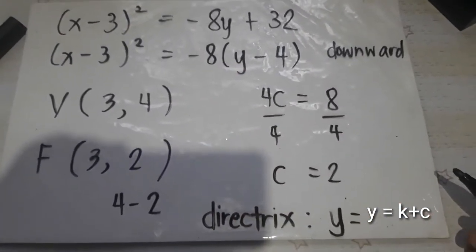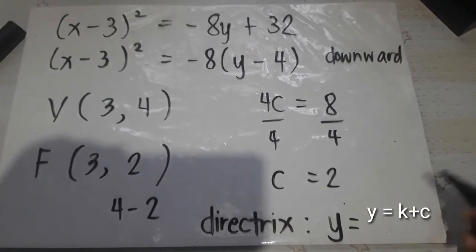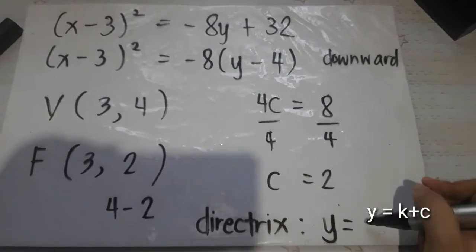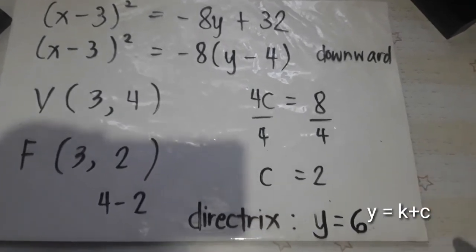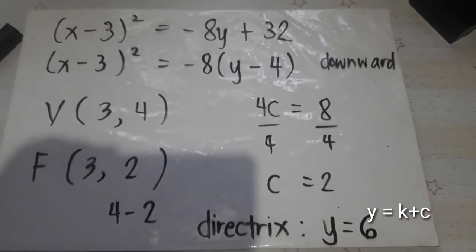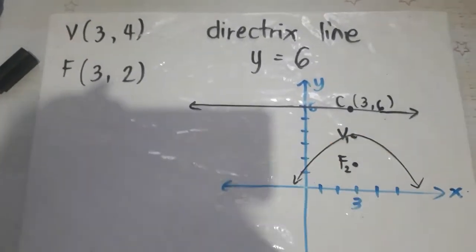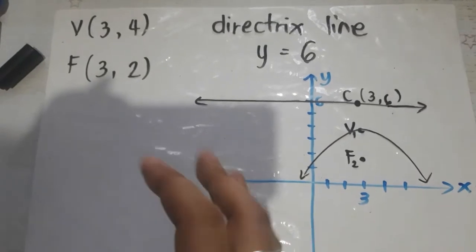So since the directrix is outside the curve, it will become 4 plus 2, the opposite of the focus. So 4 plus 2 is 6. The directrix line equation is y equals 6. Okay, so again, based on the problem, the parabola that we have solved a while ago is actually one of